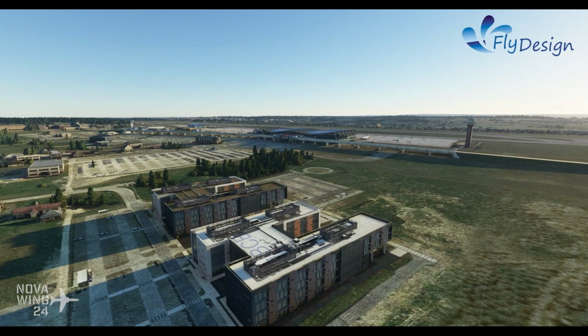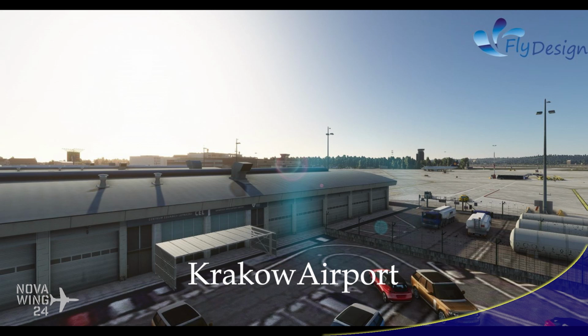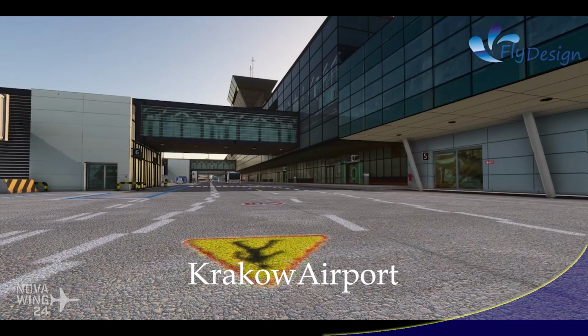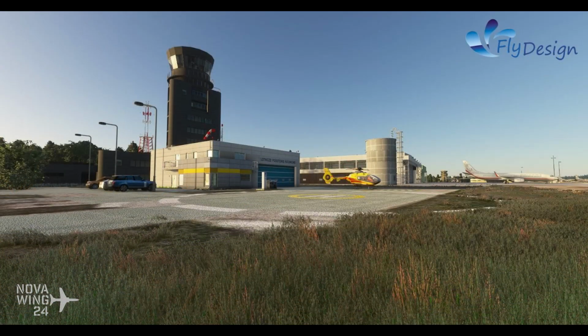The second release we saw was John Paul II International Airport in Krakow, which is the largest airport in Poland, both by number of flights and passengers. Again, it includes hand-placed vegetation, full coverage of the airport and all airport buildings and airport layout as it appears in 2020. This one also includes full modelling of the military apron as well,